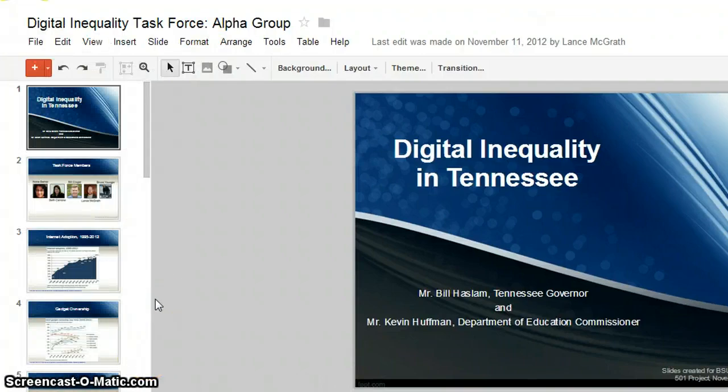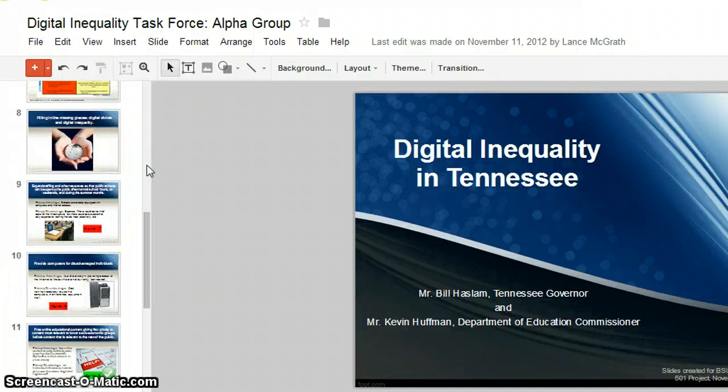For example, when we were building this, if I was on this slide, anyone else who was on this document could see me working here, because my little colored flag would be here along with my name. If you scroll down, you could see if, let's say, Lance was working on slide 9, because his colored flag would be here along with his name. So that's really great, because you can be anywhere at any time and work on this, and you can see who's working on it with you. So it's a great collaborative